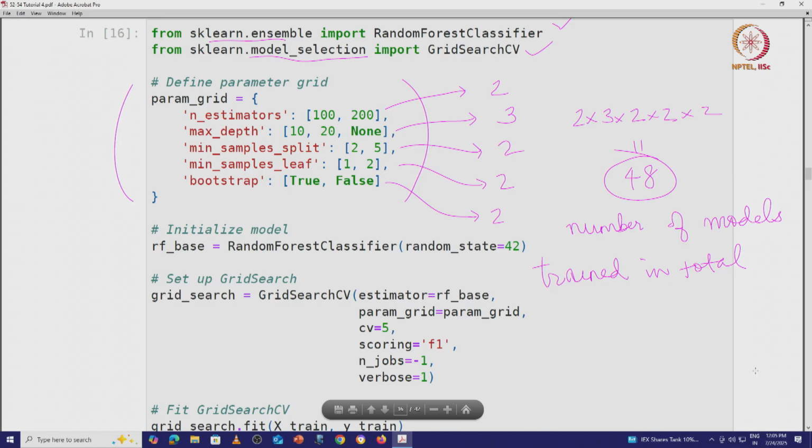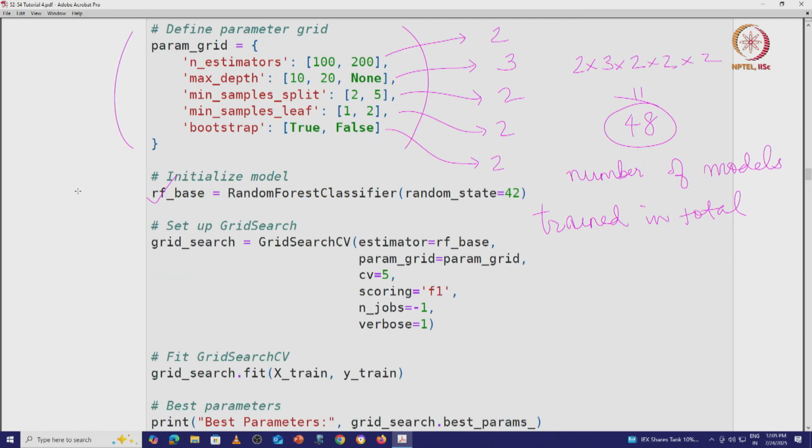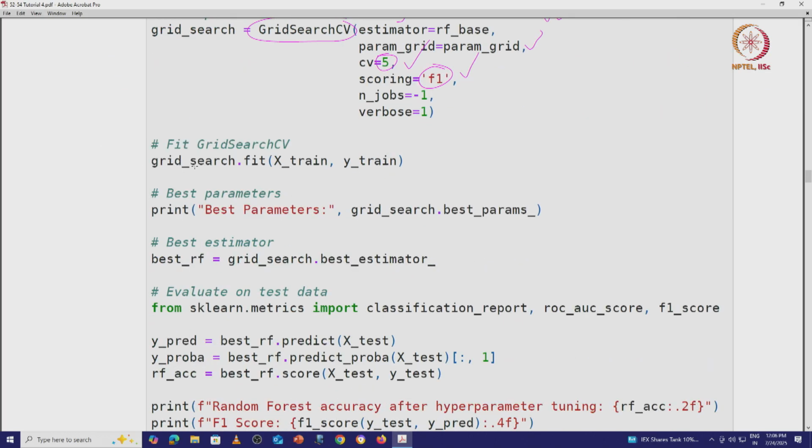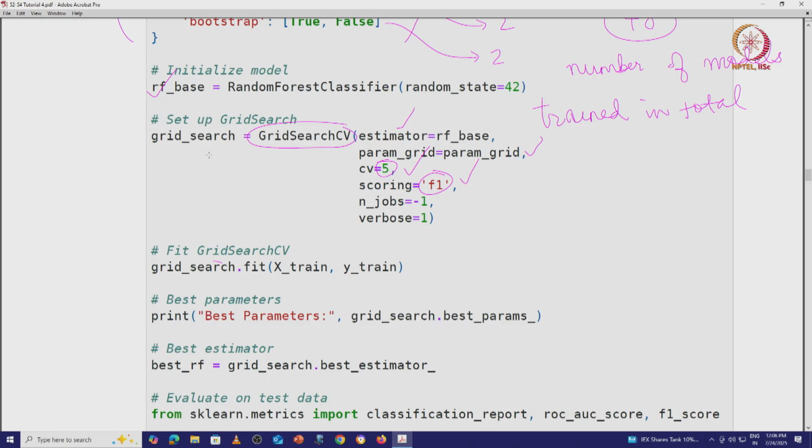Alright. So again we have to have a base model, we are initializing the model, then we set up the GridSearchCV function wherein we have to tell what is the estimator, what is the parameter grid. So the parameter grid was defined here, how many folds we have. So here we are doing 5-fold cross validation, so the CV value is 5. What is the metric that is used for scoring? We are using F1, so we will compute the average F1 score over all the folds and so forth. Okay. So we are now using the grid search object, which was defined using the GridSearchCV function,